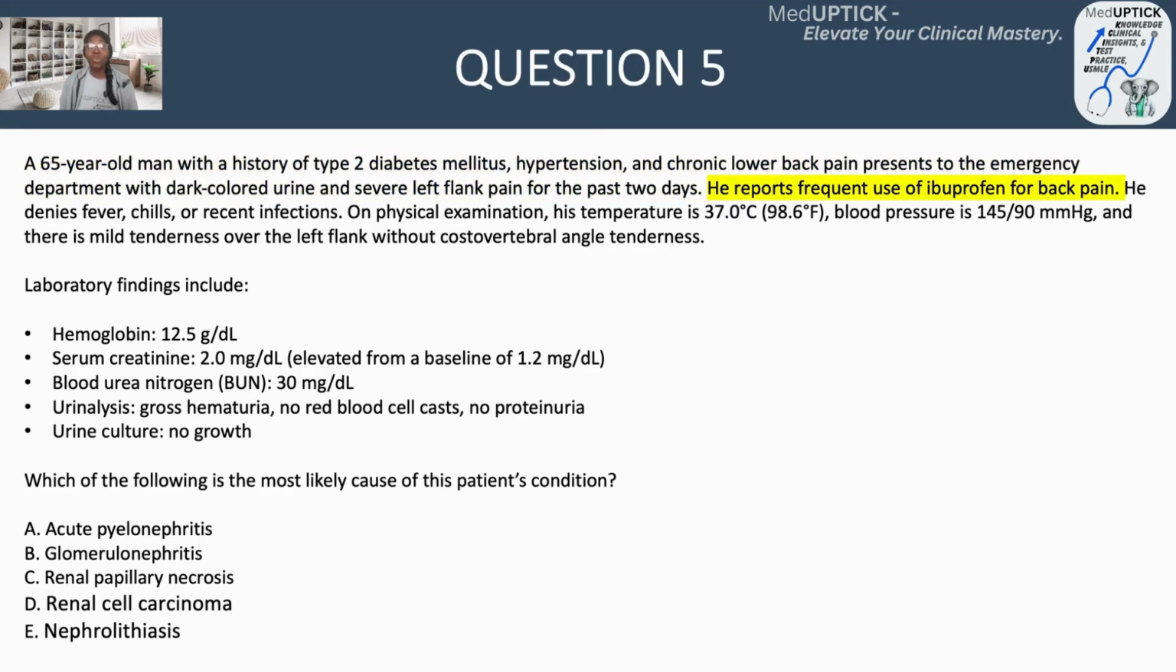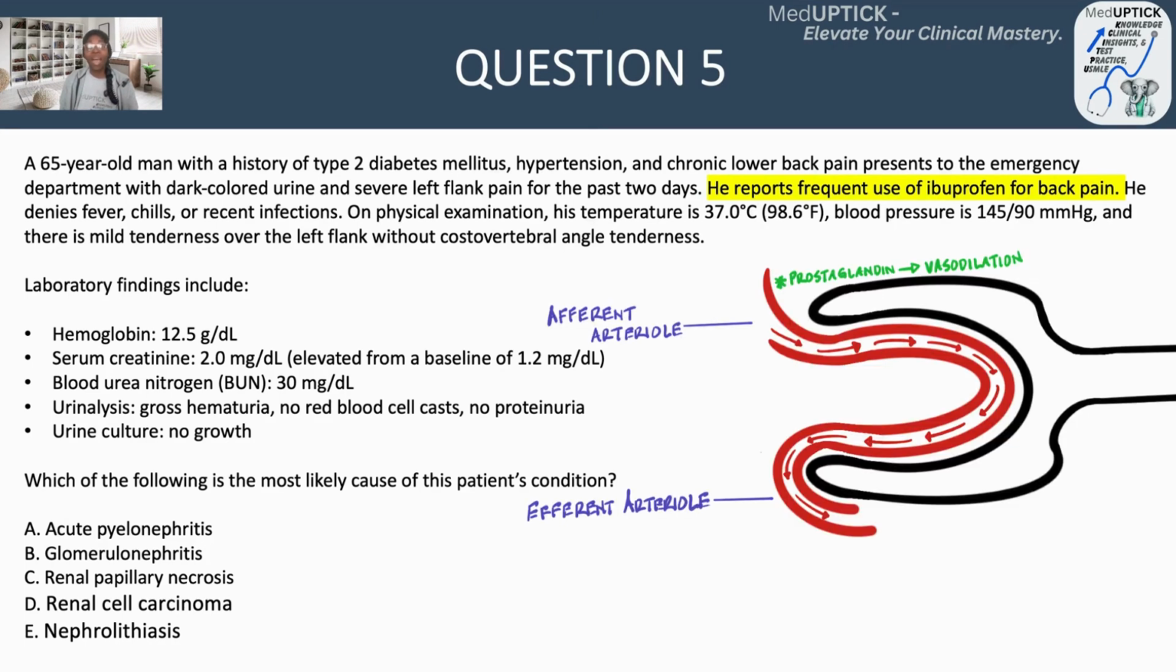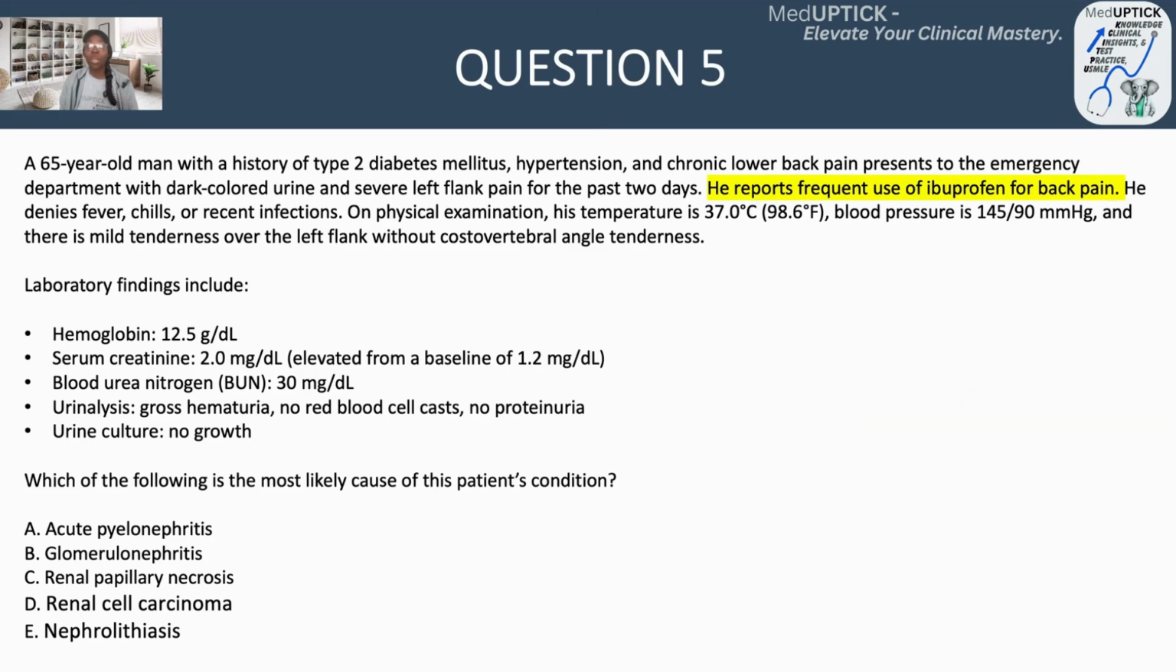He reports frequent use of ibuprofen for back pain. This is another key clue. Chronic NSAID use reduces prostaglandin synthesis, impairing medullary flow. This predisposes the renal papilla to ischemia and necrosis. The high-yield insight is prostaglandins play a critical role in maintaining afferent arteriolar dilation in the kidneys. Without them, the renal medulla, already poorly oxygenated, becomes highly vulnerable to ischemic injury, especially in patients with underlying comorbidities